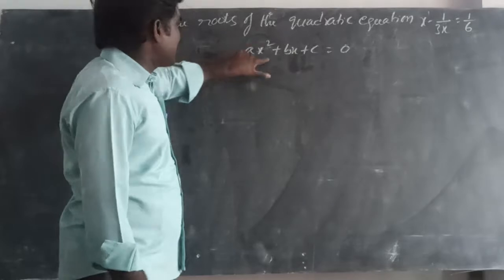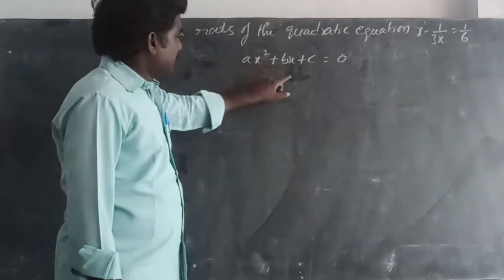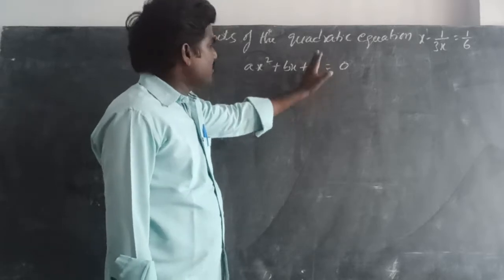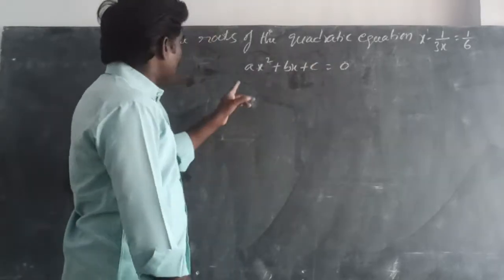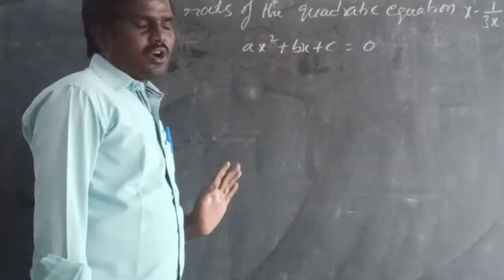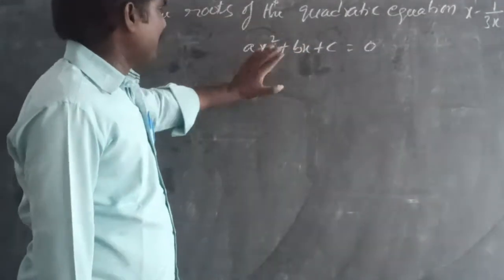The first term degree is how much? 2. Second term degree is how much? 1. Third term degree is how much? 0. The constant term degree is how much? 0. Okay, here what is the variable? x. a, b, c are what? Constants. So the degree of the term